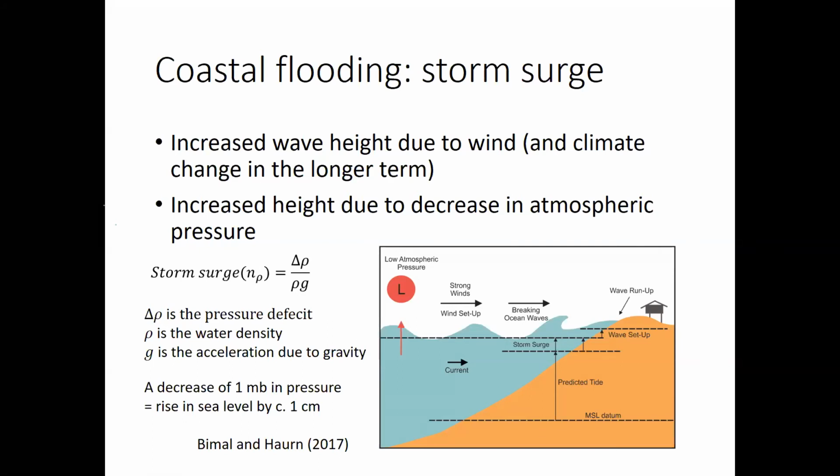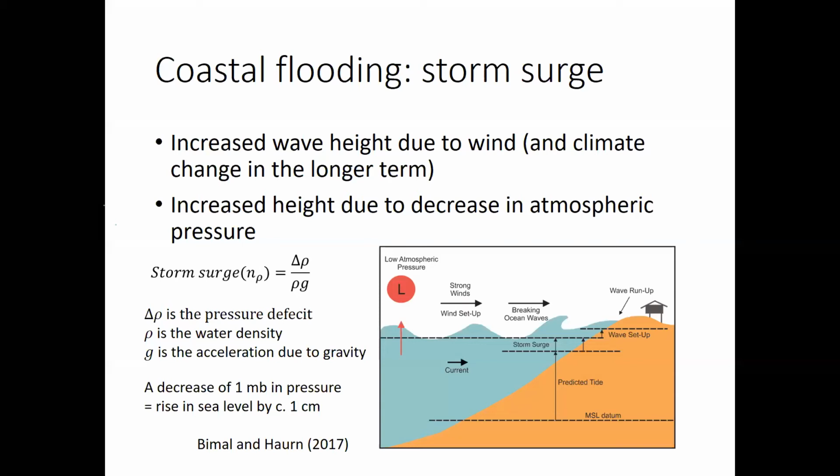But coastal flooding can occur from increased wave height due to wind, the impact of wind building up higher swells that can overtop existing defences or flood lowland areas. And in a much longer term, climate change can increase sea level rise through the melting of ice, water stored as ice on land, contributing to sea level rise, but also the thermal expansion of the oceans.